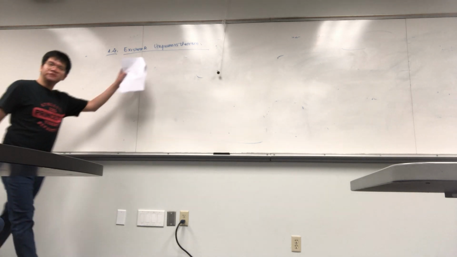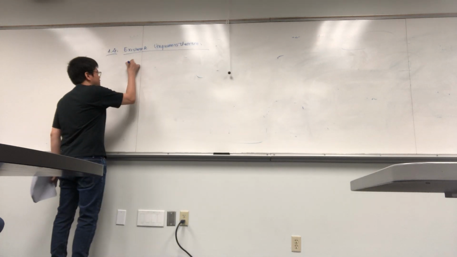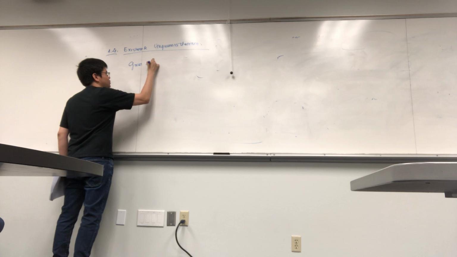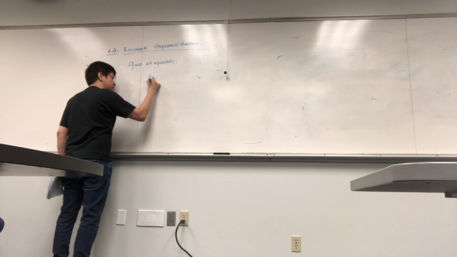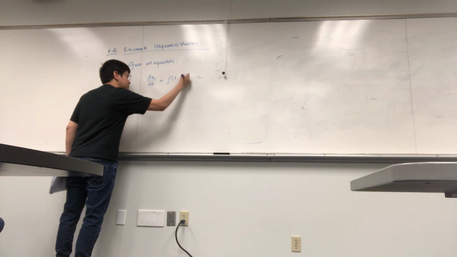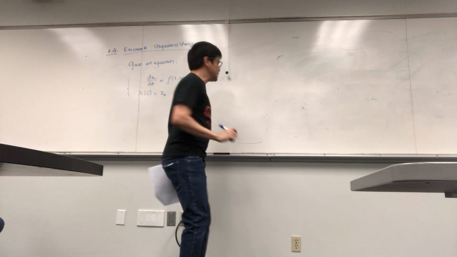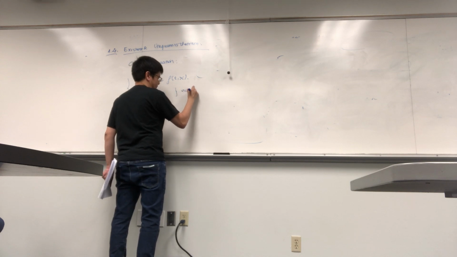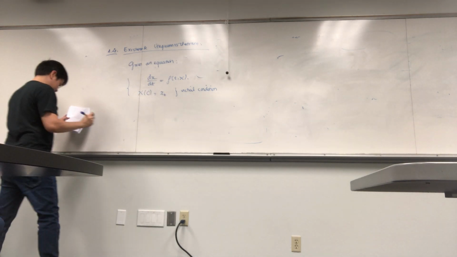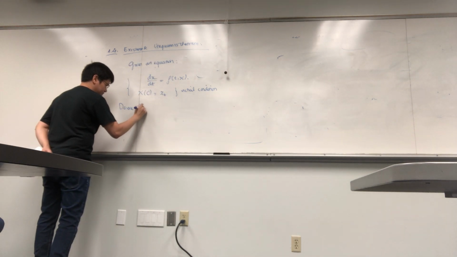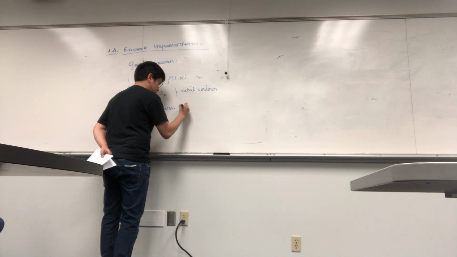So this is section 1.4 in the book. What we have is the following. We have a function, given an equation. So you have dx over dt is equal to f(t,x), and x(0) is x0. So this is the initial condition. Again. All right. So do we have a solution to this